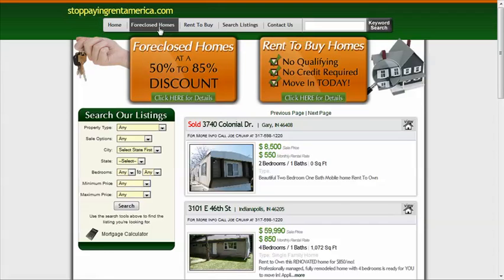There's a lot of other stuff here too, where we have opt-in lists for rent-to-buy buyers, and where we have opt-in lists for investor buyers too, where they can click on these buttons and it'll take them to a sales page